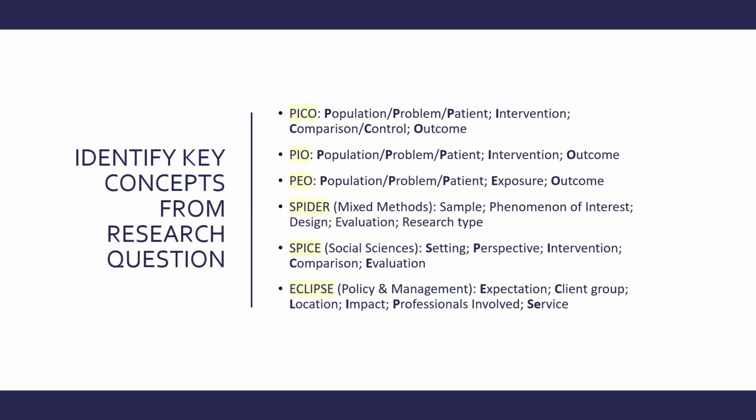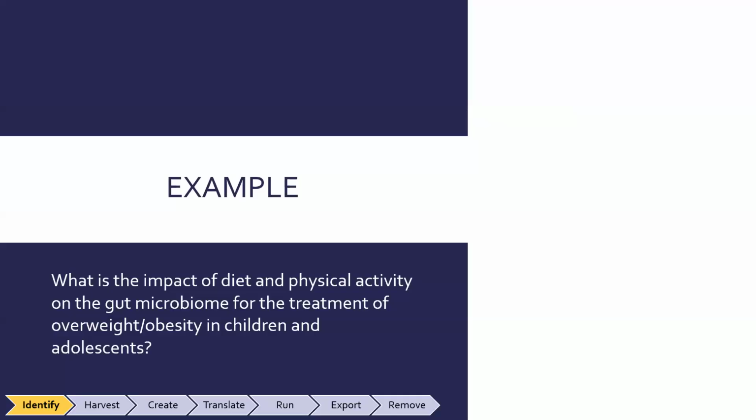So let's look at one. Let's look at an actual systematic review and the search question. What is the impact of diet and physical activity on the gut microbiome for the treatment of overweight or obesity in children and adolescents? So if we take a look at this, we'll see that